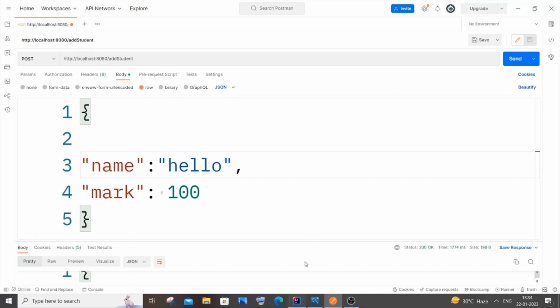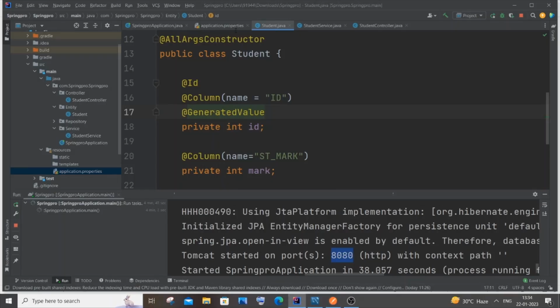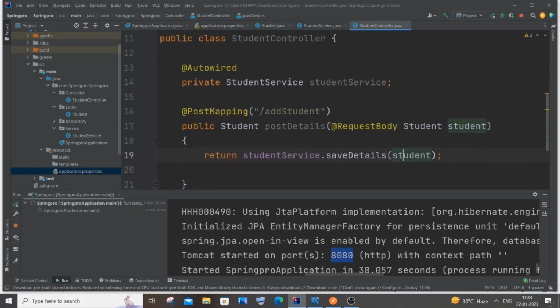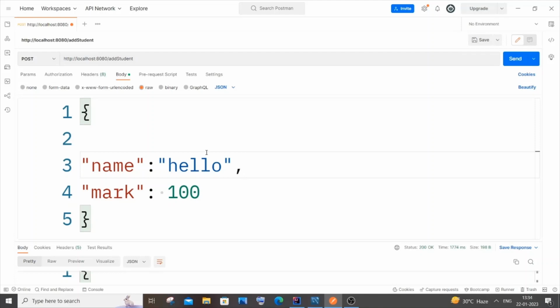The path that we have specified in our controller, where is the controller? Yeah, StudentController. This particular path should come over here. You need to be careful with the cases as well. I will change it to some meaningful name. Okay, not meaningful, I will put hello, hi, something like that, and I will go with 1000 as the mark, some random thing. If I now send it,